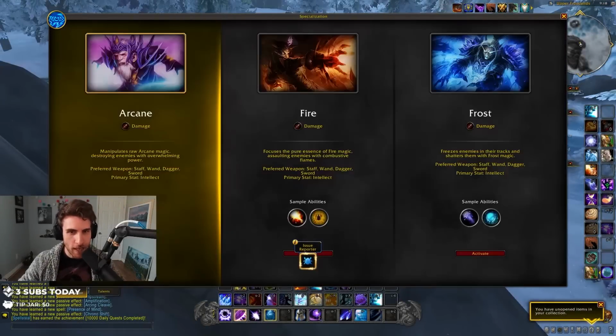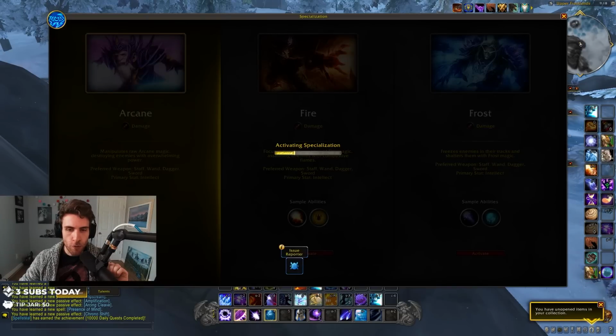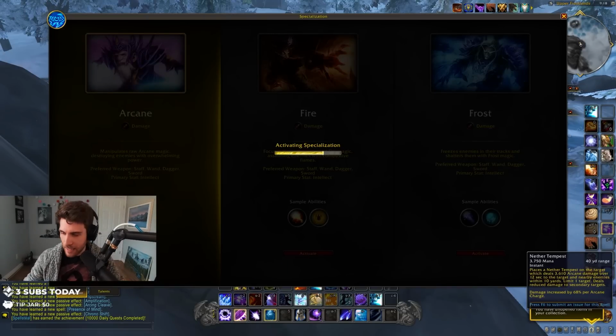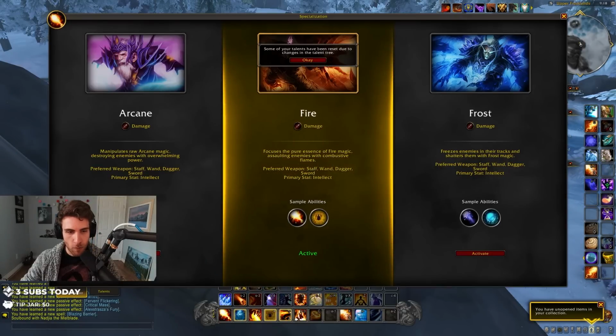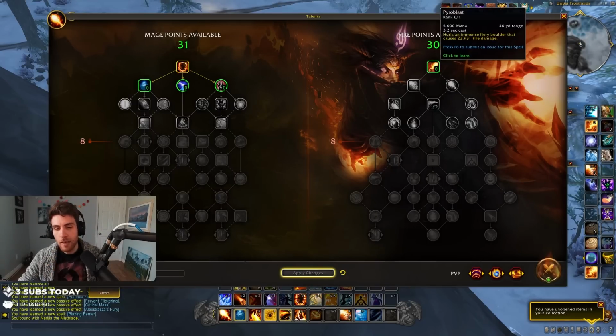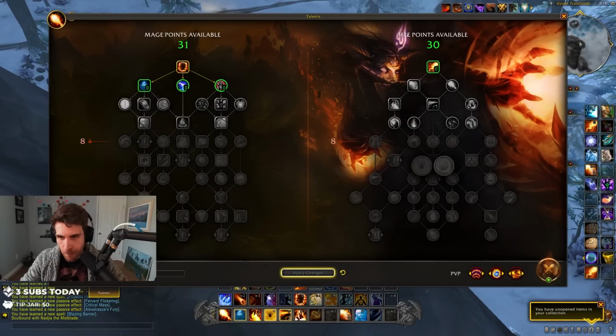We are going to check out the new Fire Mage specialization. It's gotten a huge overhaul slash rework on the PTR. Hopefully it's actually on the PTR right now. We could check out all the new talents and where they're laid out and stuff like that. And yes, we can. So the general tree got a bit of a rework, but we're gonna check out Fire